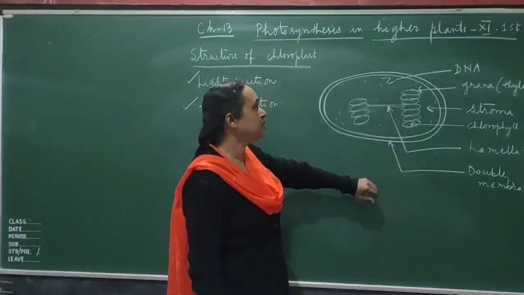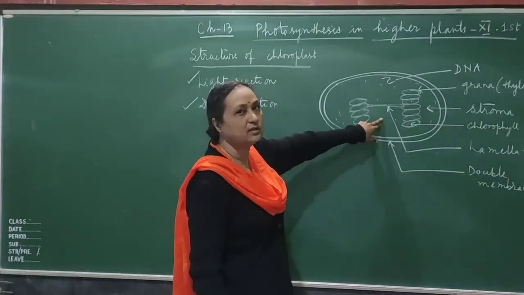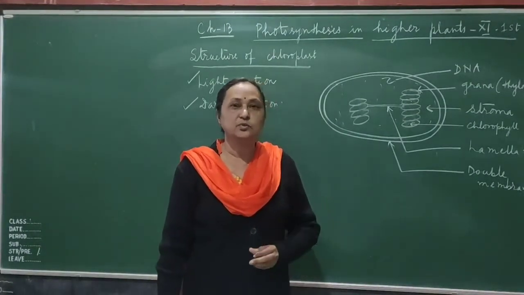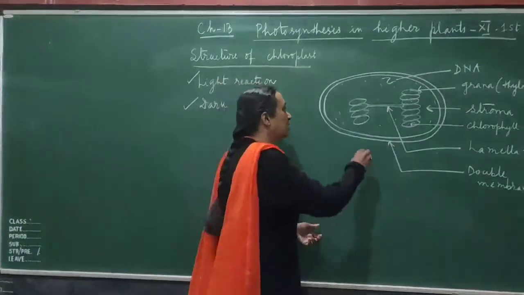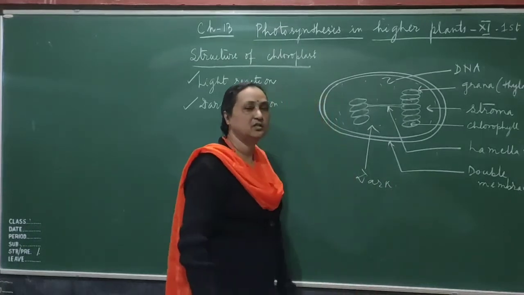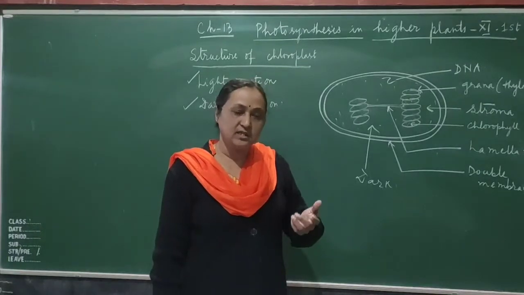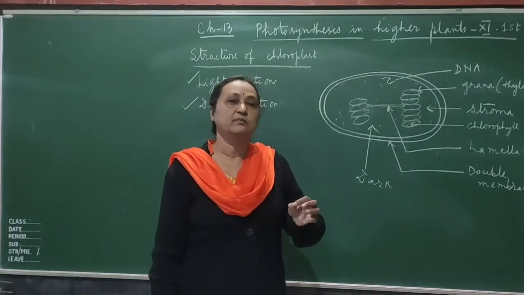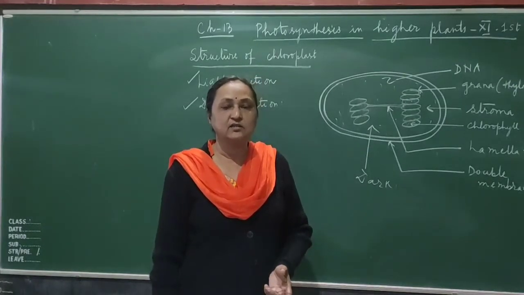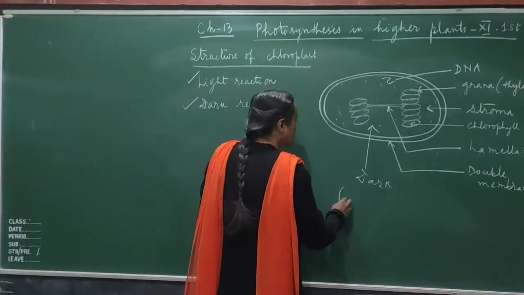Then the energy which is produced is utilized in the stroma. In the stroma, the carbon dioxide and the water join together by using the energy which is produced in the light reaction. So that is called the dark reaction. Actually, in the dark reaction there is formation of the glucose molecule, and it is not taking place in the dark. But because there is no role of light, the name given is dark reaction. It occurs during the daytime, because when there is no sunlight at night, there is no photosynthesis. But why is the name given dark? Because there is no role of light.